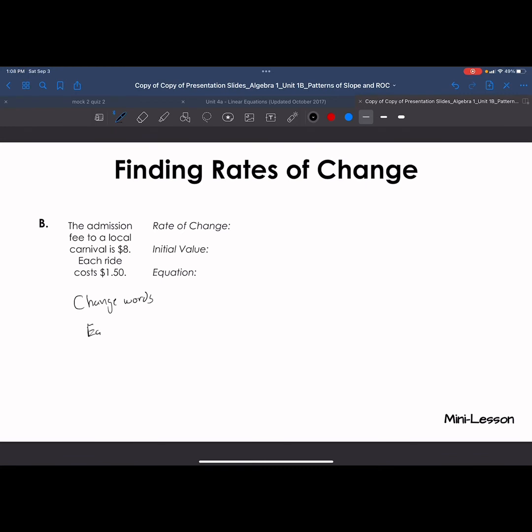Each is one of them. And another one I can think of is per. And we'll discuss them as we see them in class. But when you see change words, that lets you know that's kind of your rate of change. Okay? So each